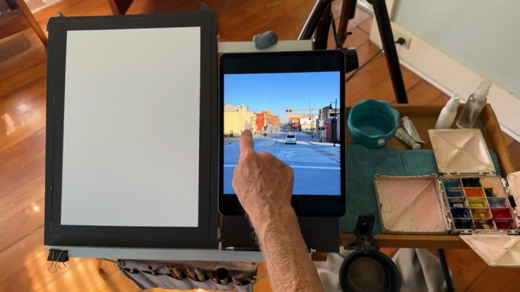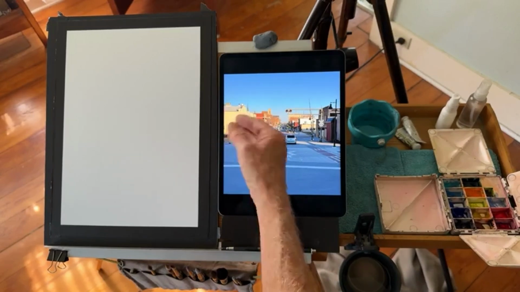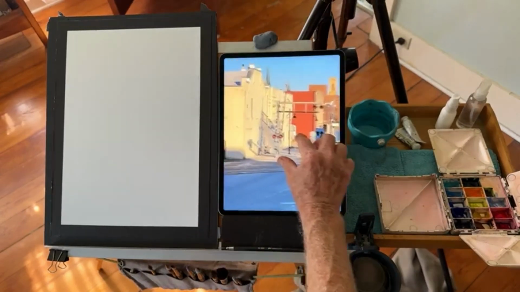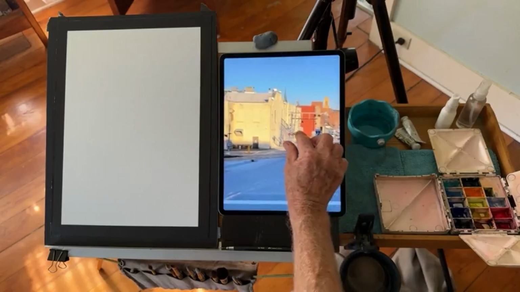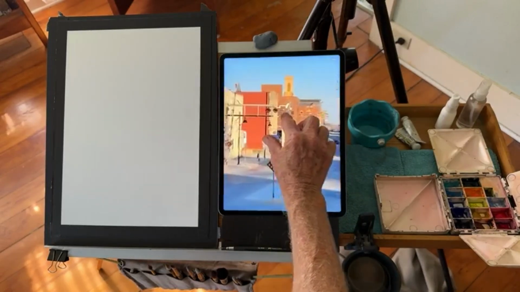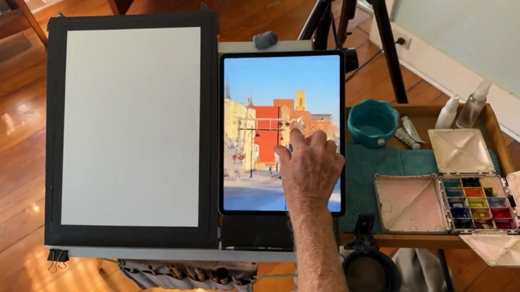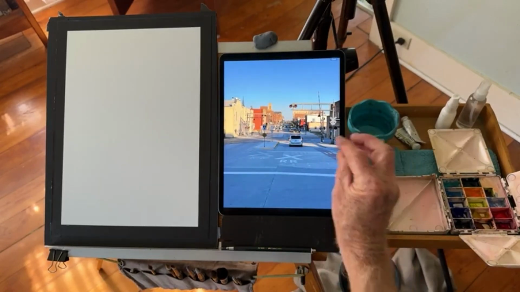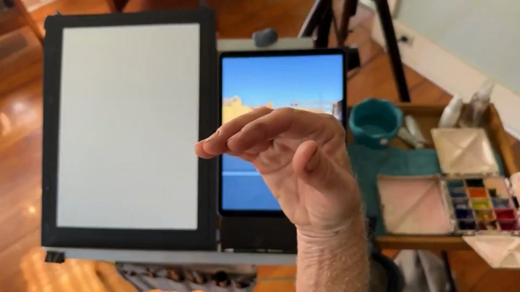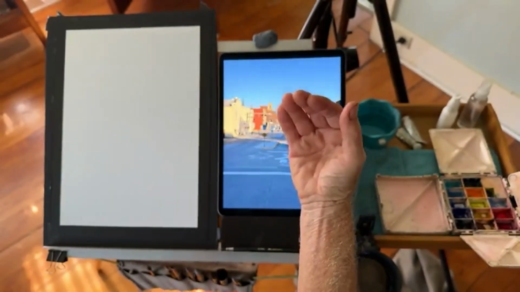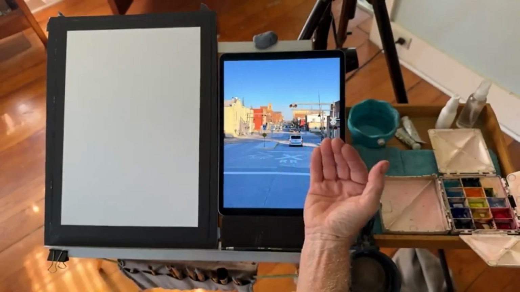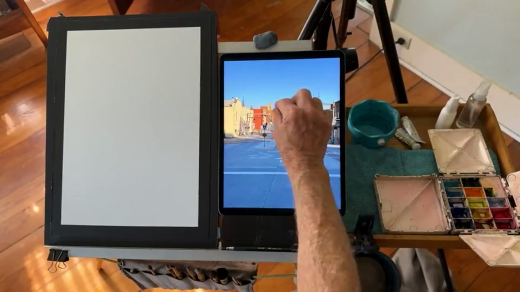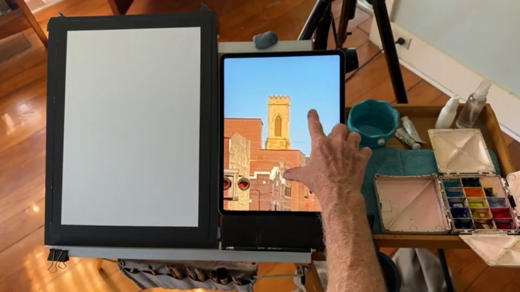Things that are maybe tan become a sort of more rich Naples yellow kind of color. The brick becomes a slightly more fiery orange. In other words, the whites become a little warmer and the colors become a little richer and more saturated. This is a very neutral stone,